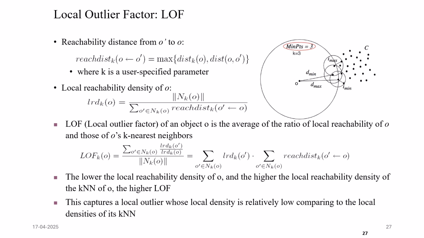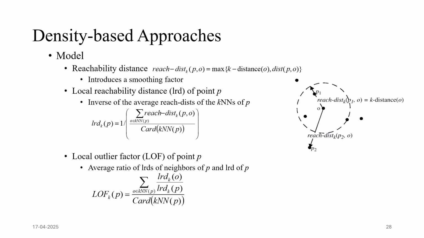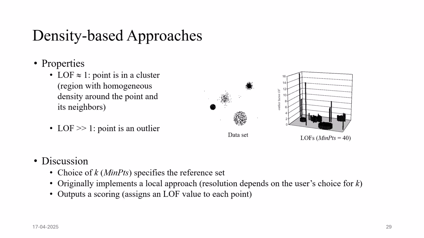In the density-based approach model, the reachability distance can be calculated. The reachability distance of p with respect to O, which introduces a smoothing factor also. The local reachability distance of point p, as shown in the diagram, is calculated. The local outlier factor is also calculated. If the local outlier factor equals 1,